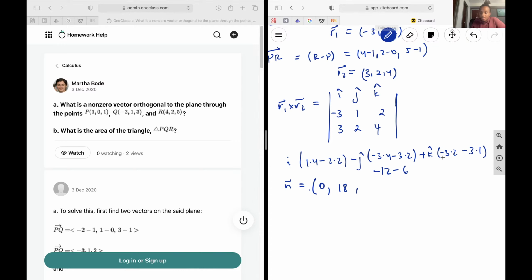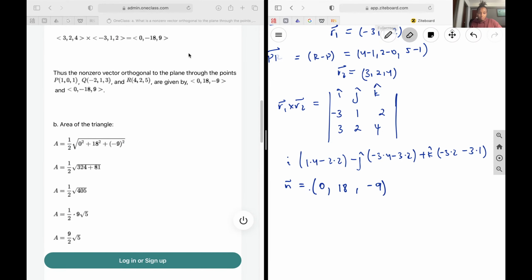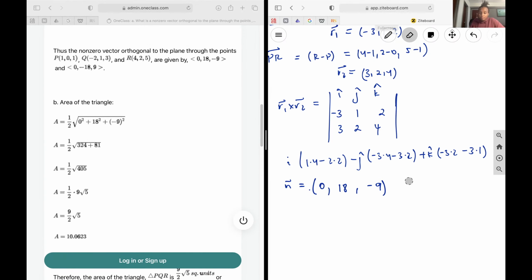And then in my k component, I'll have -6 minus 3. Okay. So now I have my perpendicular vector. And please note that if we look at a surface, I can have the perpendicular vector pointing outwards towards me or inwards. So I can also reverse this and have the second perpendicular vector that's pointing in the opposite direction, which would be